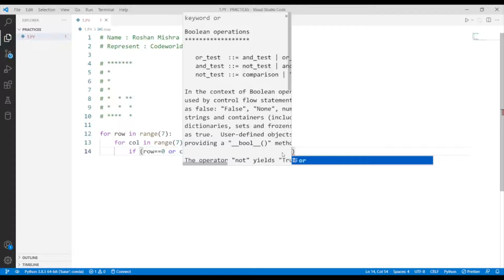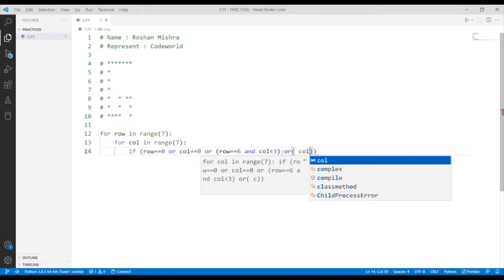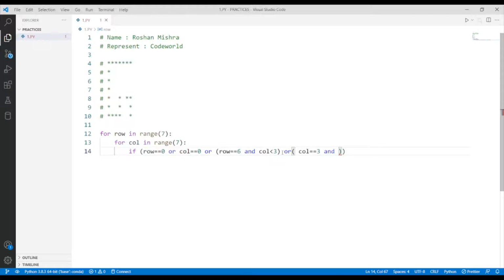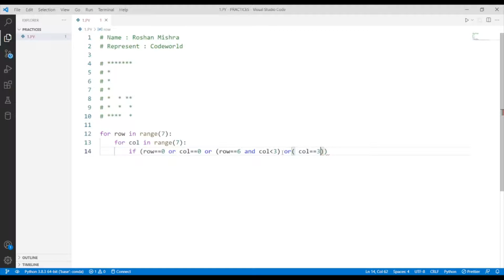Or if row equals 3 and, okay, I am typing column and saying row.